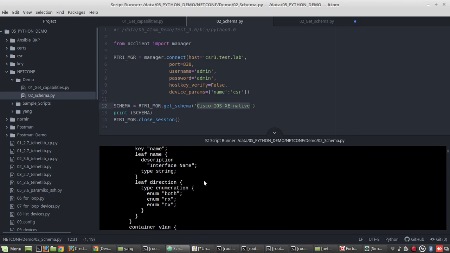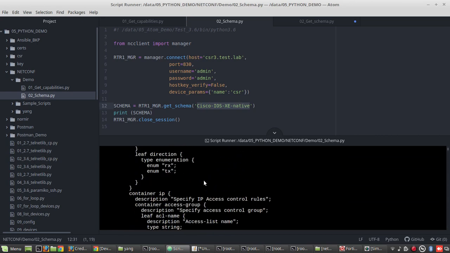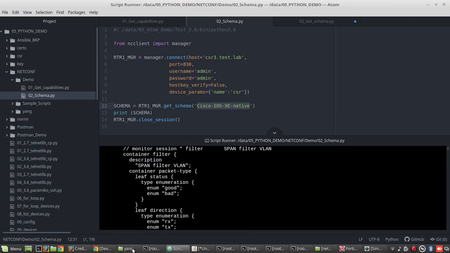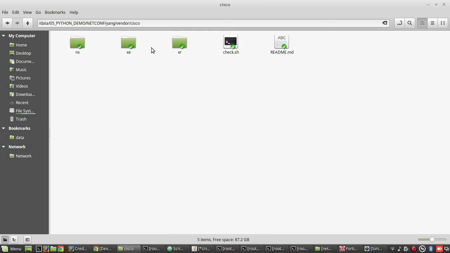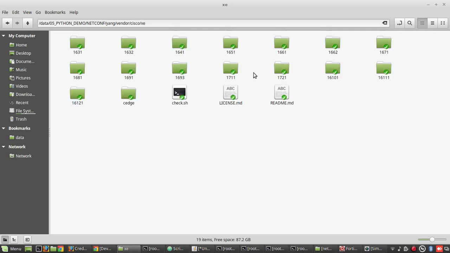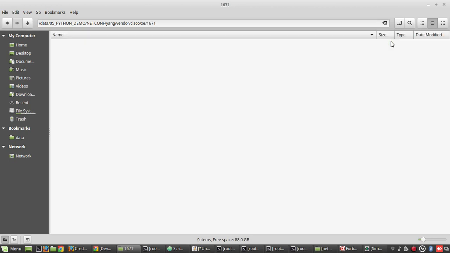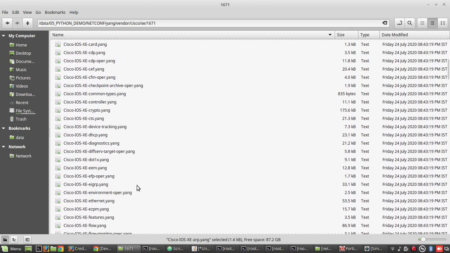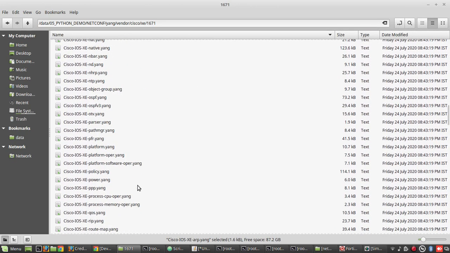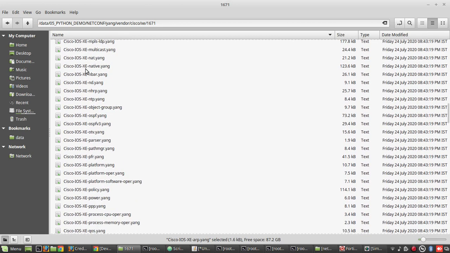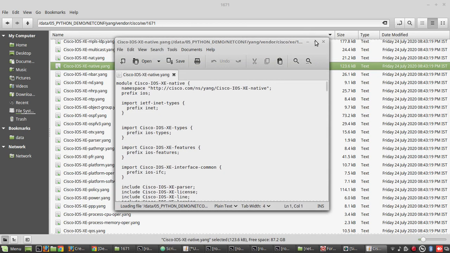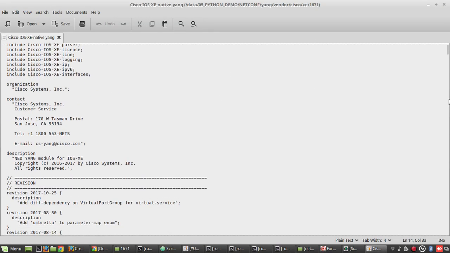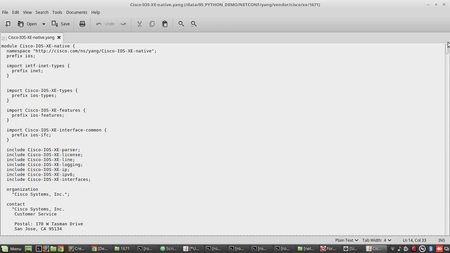And this is the actual YANG file for this, and if you want you can even verify that inside Cisco XE 16.7.1, and here you will be able to see the same data model, native.yang. These both are going to be the same.